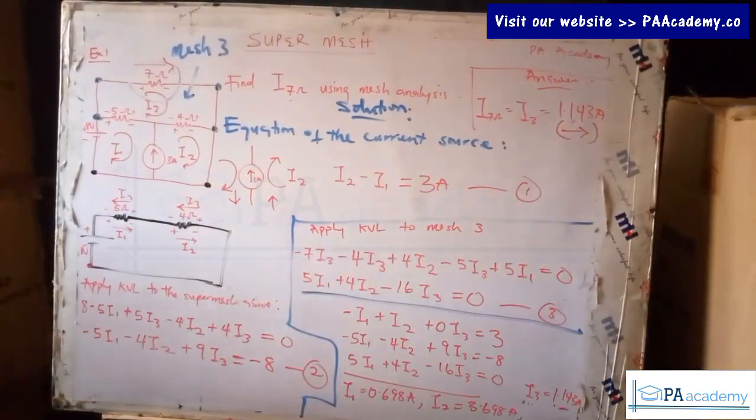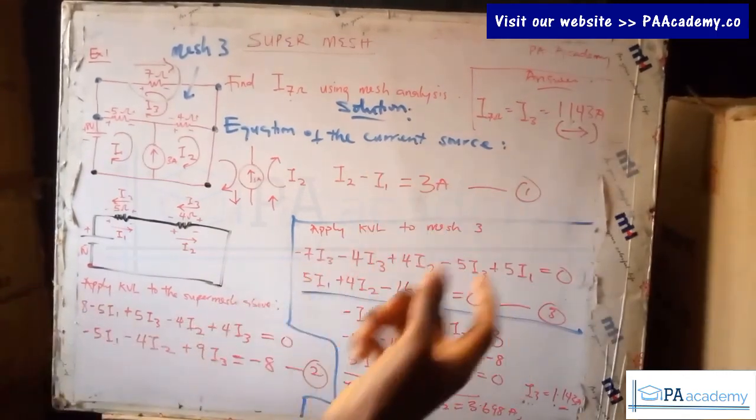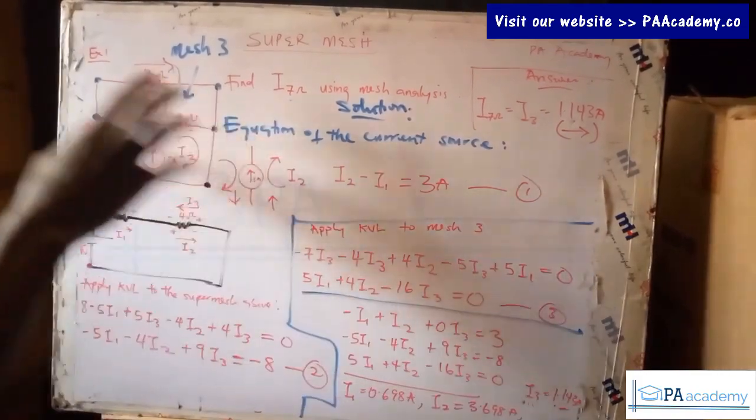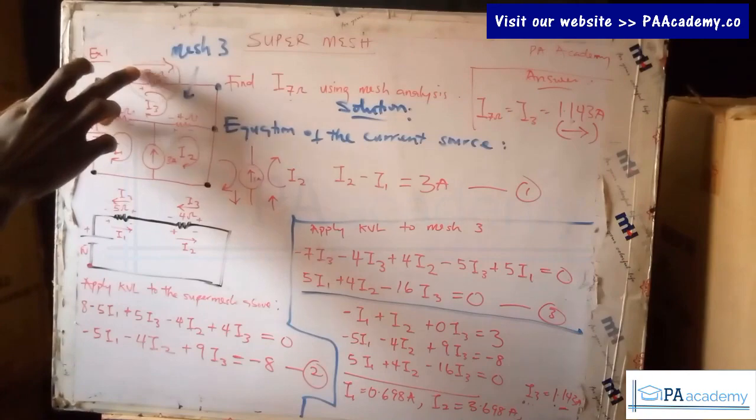Don't worry, when we solve the next examples, you will understand what I'm saying with this direction, where you might be having some negative current, and that is to show that when it is negative, that means the current is flowing in the opposite direction. But that is it for this particular example 1. We've been able to get the current that is flowing through the 7 ohm resistor to be